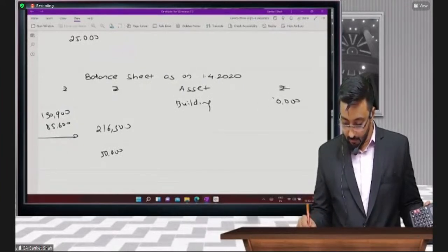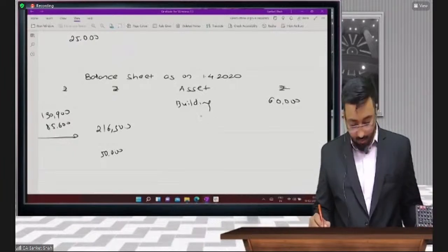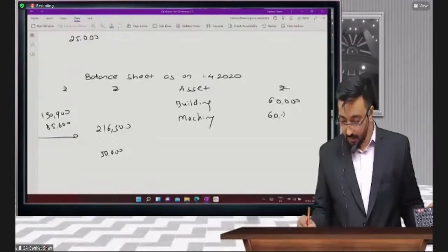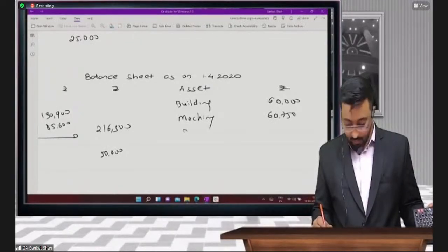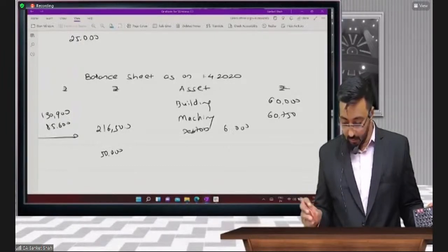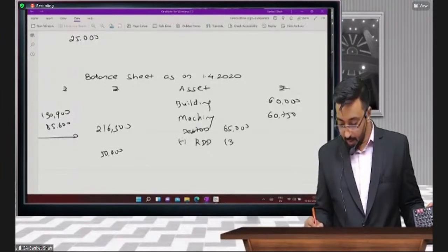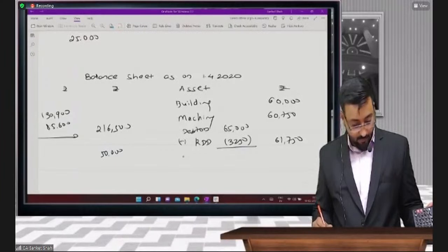Then you have machinery, 60,750. Debtors inner column 65,000 minus RDD 3250, 61,750. Stock